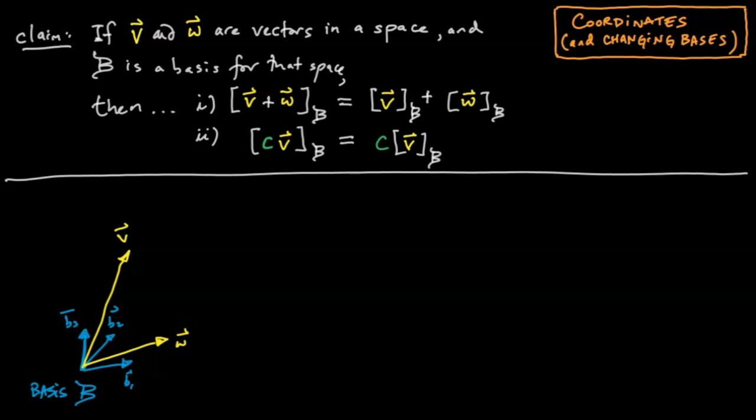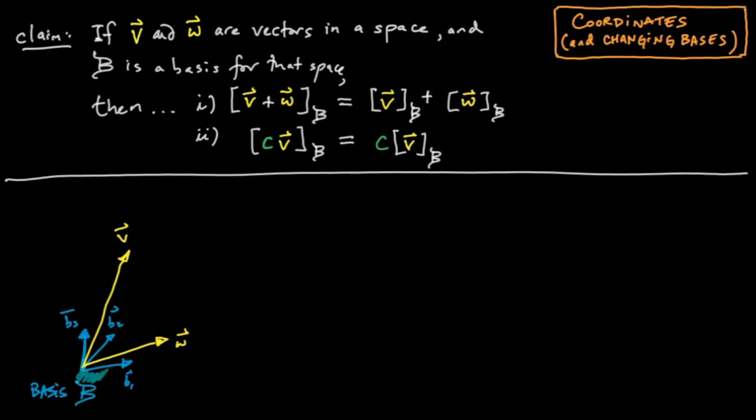Now, I think I can get you to see why this statement holds just by thinking about what the various symbols mean and what those would correspond to geometrically. Let's start with this symbol right here, which represents vector v's B coordinates. We can think of v's B coordinates as a set of marching orders. If we are in the army, and for God knows what reason, we are constrained to move only in the directions given by the three basis vectors, but we want to advance from some point in such a way that our displacement will be as if we had marched along vector v, then we can follow the marching orders given by those coordinates, and we know that we will get there,